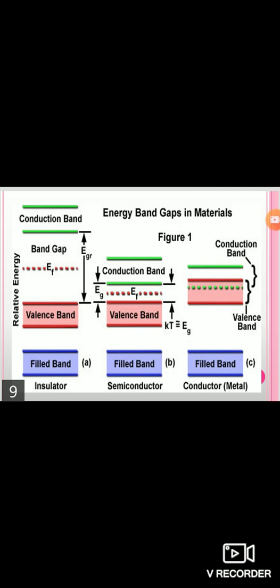In this given figure, we have to know the various energy band gaps in materials. As we know, in an insulator the band gap is so large that electrons can't jump from the valence band to the conduction band, so it can't conduct. In a semiconductor, a very small gap lies between the valence and conduction band, and in a conductor there is overlapping of the valence and conduction band, so the electrons directly jump from the valence band to the conduction band and electricity is